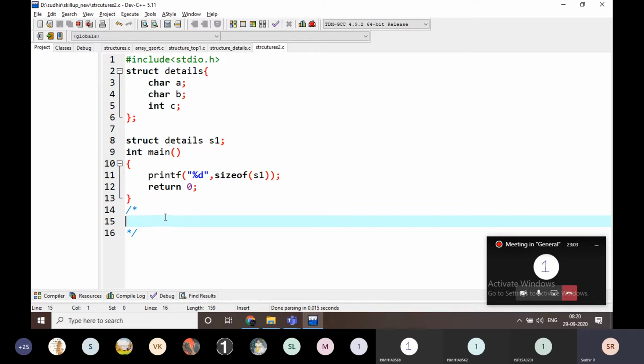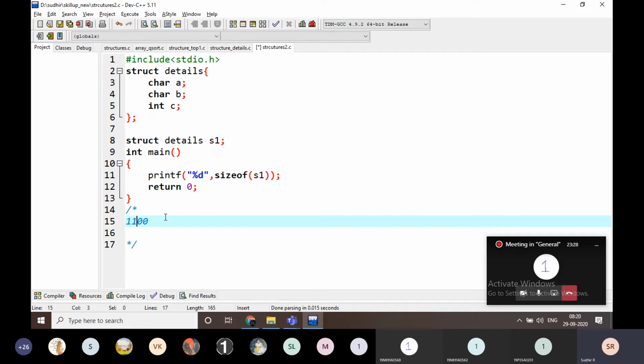I will tell you. First of all, it is going to be 4 bytes. Every time it is going to be 4 bytes like this. The first character is going to be in the first byte, the second character is going to be in the second byte. For example, if there are 4 characters, all 4 characters are going to be placed in 4 bytes.